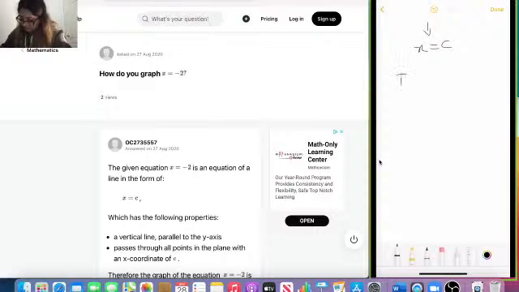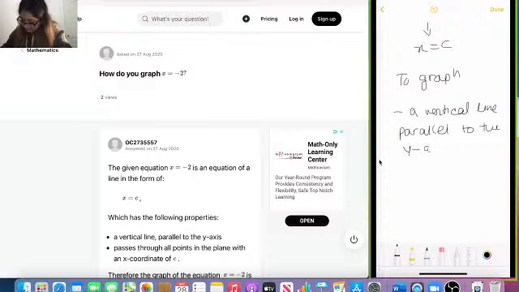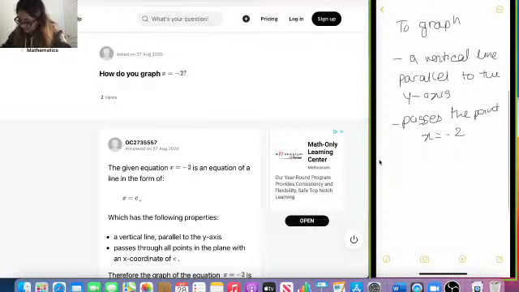So let's say to graph, it says a vertical line parallel to the y-axis, and so it passes through all points in the plane with an x coordinate of c. Okay, so it passes through the point x equals -2, and so basically to draw this,